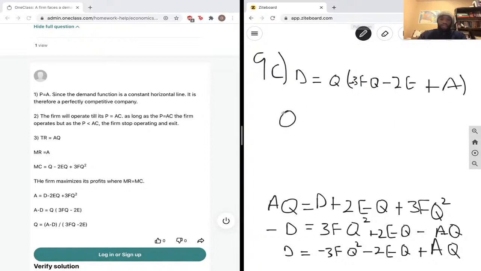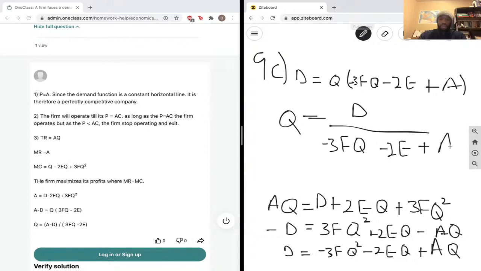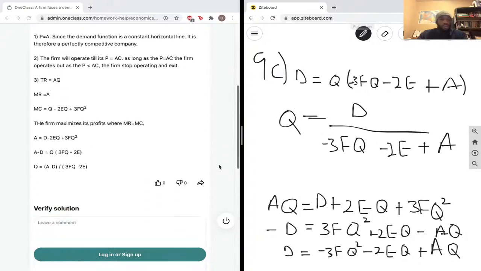And Q would equal D over minus 3FQ minus 2E plus A. And this would be our profit maximizing output. This equation, this quantity right here. And I don't agree with this here, so we'll say